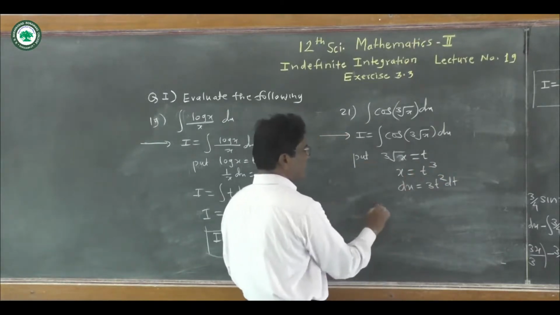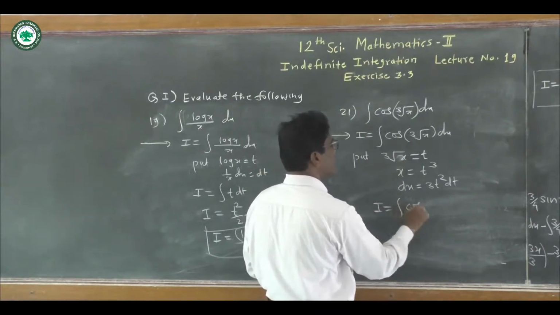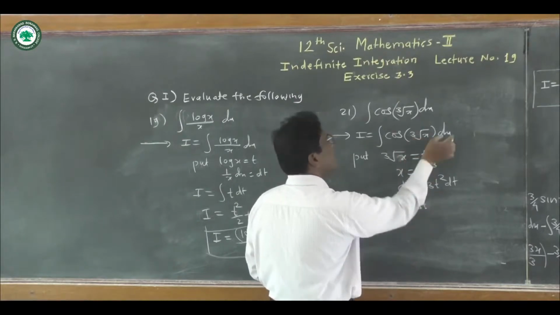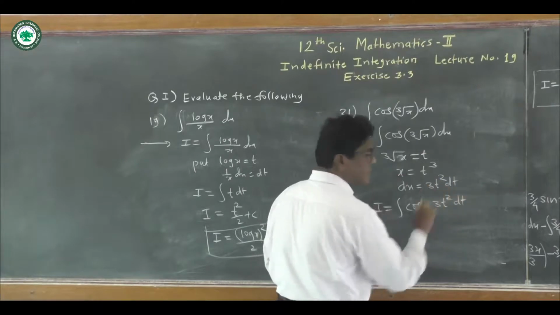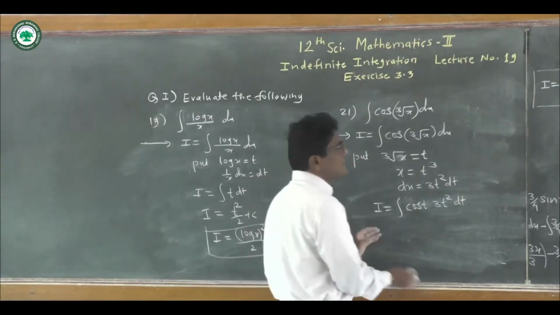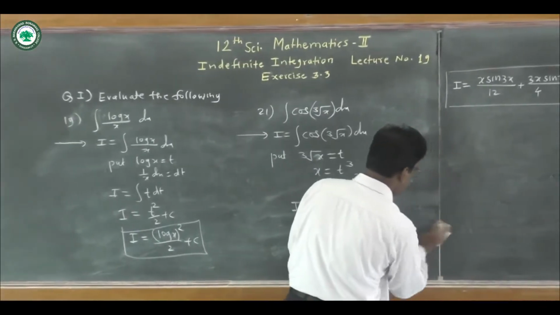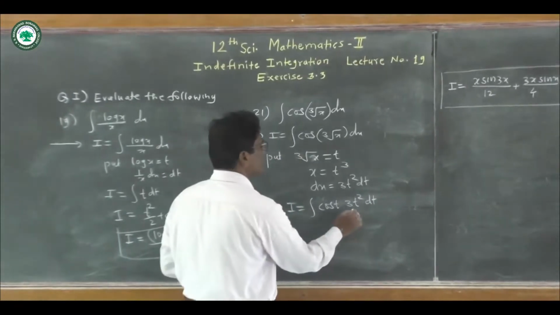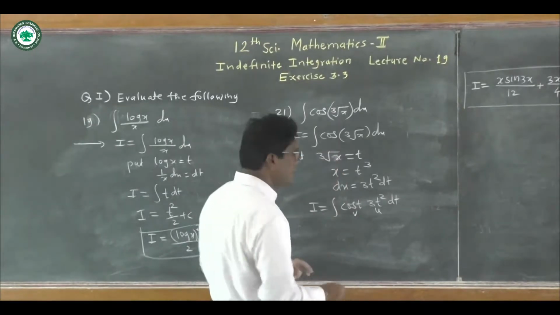And therefore required integral I becomes I is equal to integration of cos of t, as cubic root of x is t, and dx is replaced by 3t square dt. And now we integrate this by integration by parts, that is the uv rule. Here choice of u function, by LIATE, algebraic function is first, so 3t square is u, and t is trigonometric function, this is v. So integrating by parts,